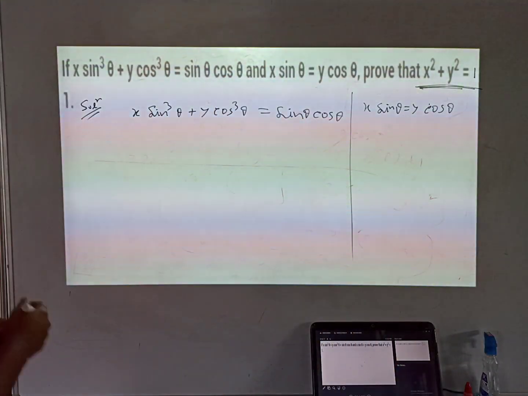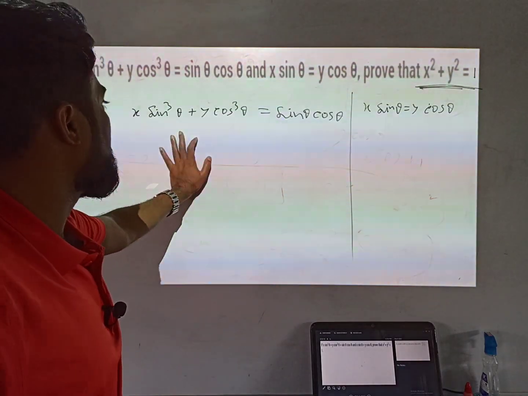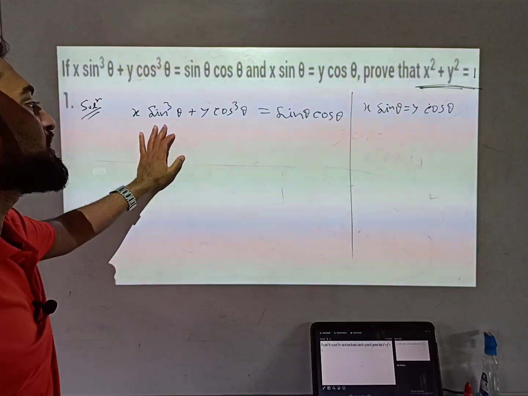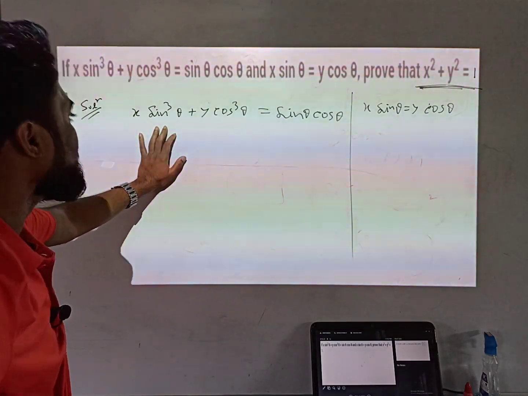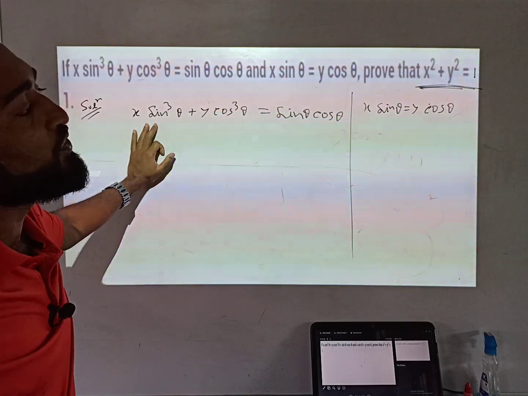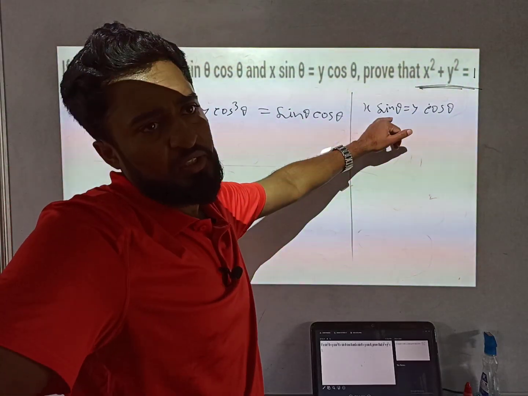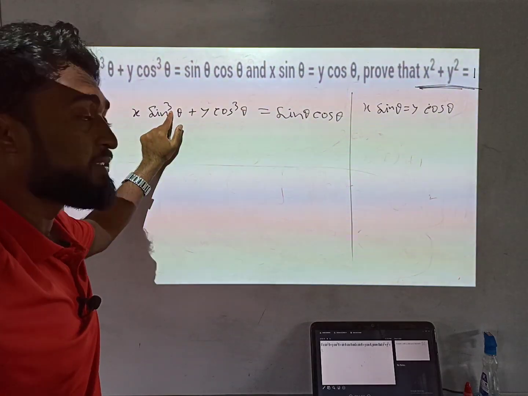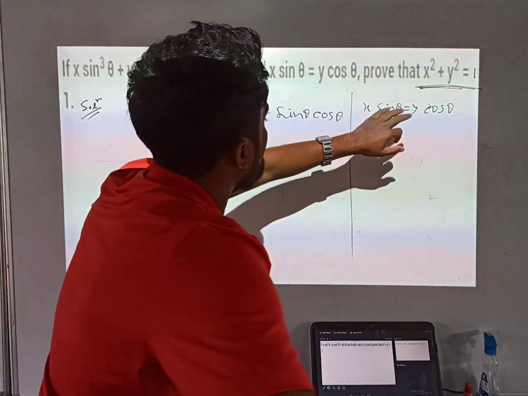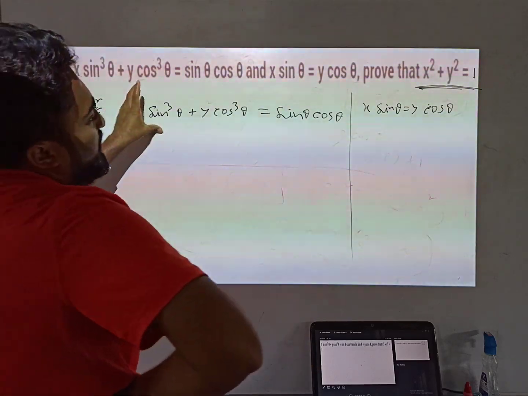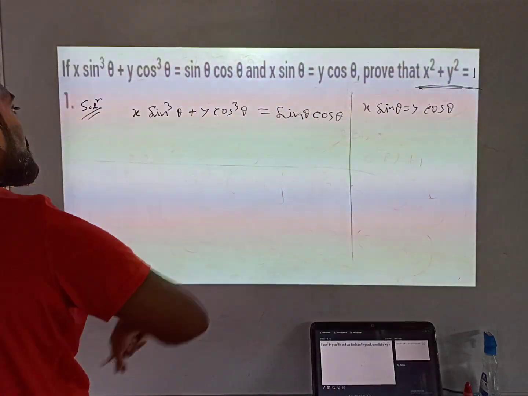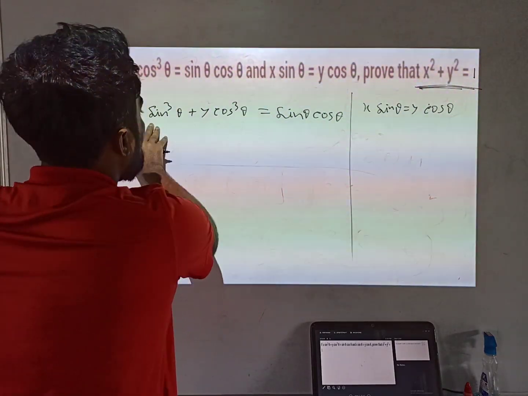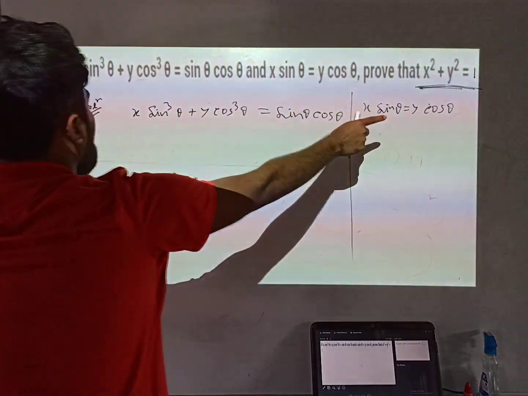Okay, let's prove this. See, this equation is a higher degree equation, and this equation is a lower degree equation, because this one involves degree 3, that is why I am telling. So we cannot do much with the lower one, but we can manipulate the higher degree equation. To prove this, I will manipulate this part using the other part, because it is given, so we need to use that.